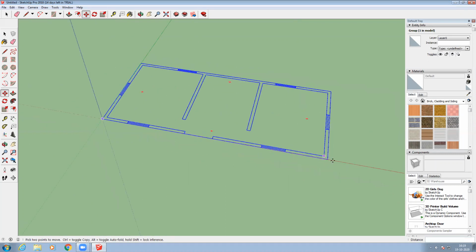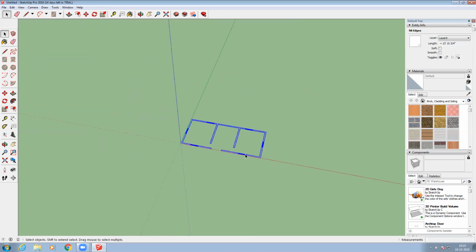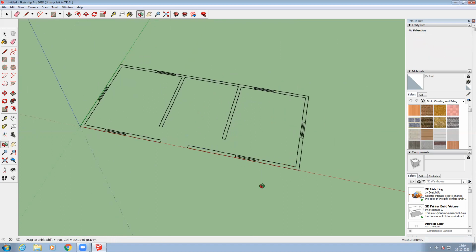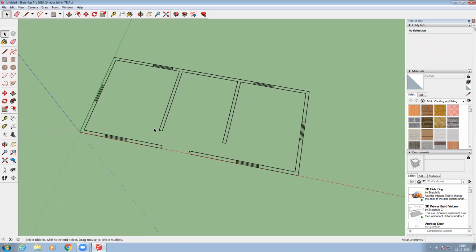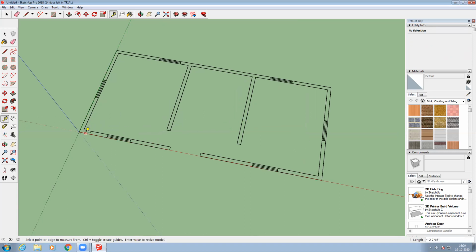Yes, I had taken it to the origin, and then I'm going to explode it because I have to check the scale, right? So now I just want to check the dimension over here. How much is the dimension? As I told, 1 feet 8 inches, right? And the dimension of this will be how much? It is 0.9, that means nearly 1 feet, right? So like that it is showing.